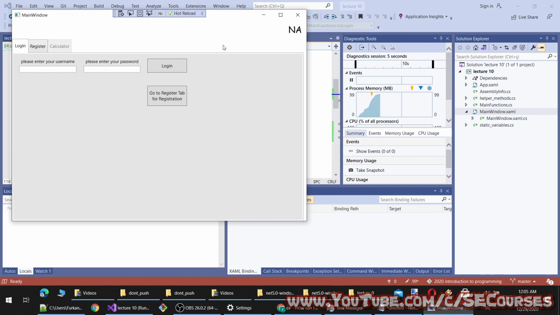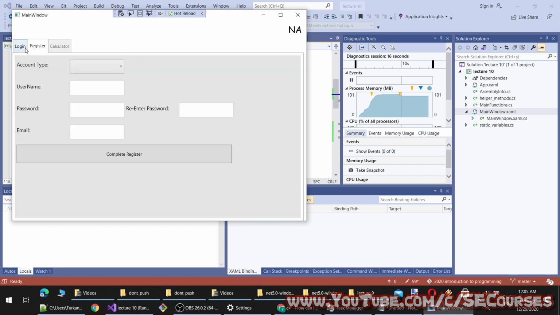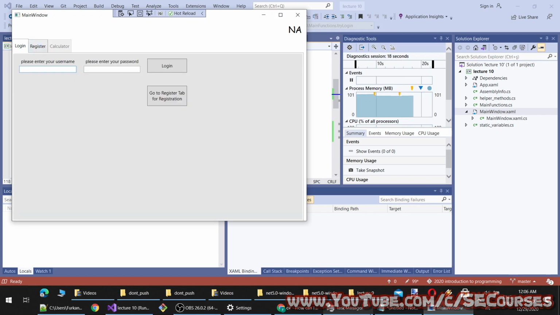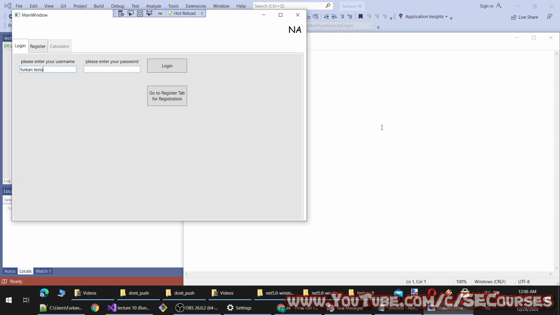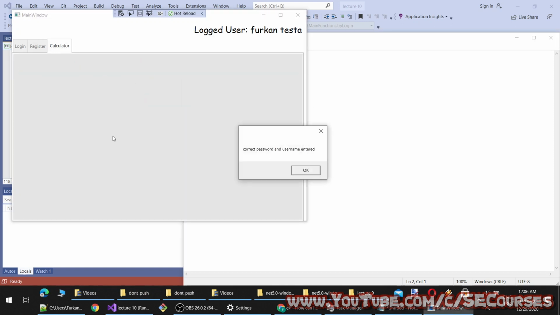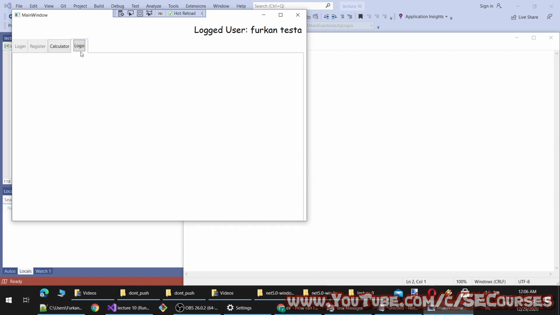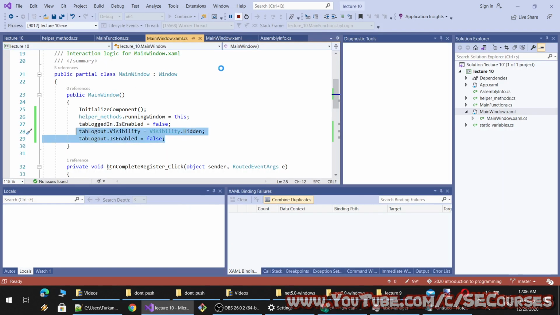All right, let's run the application to see whether it works so far or not. Okay, you see it is invisible. The height and width of the buttons also got bigger because I have set a height to the logout button. When I click register login, okay, it looks fine. And let's log in to test our button. Okay, it appeared like this. All right, when I click it, it should not be clickable. Okay, we will set it as well. It is not a problem.